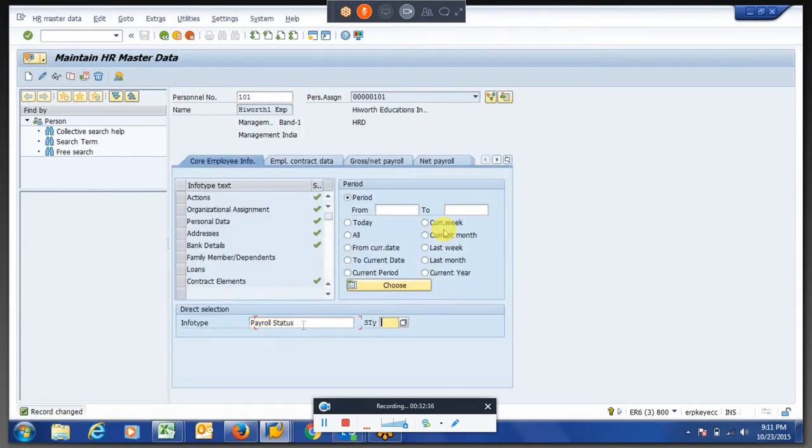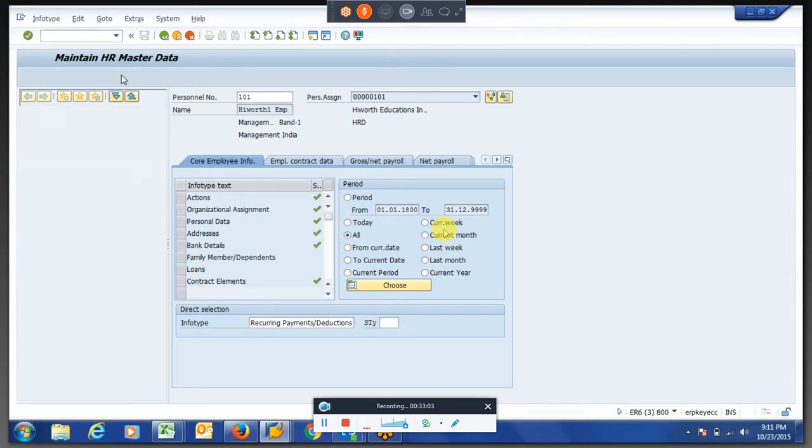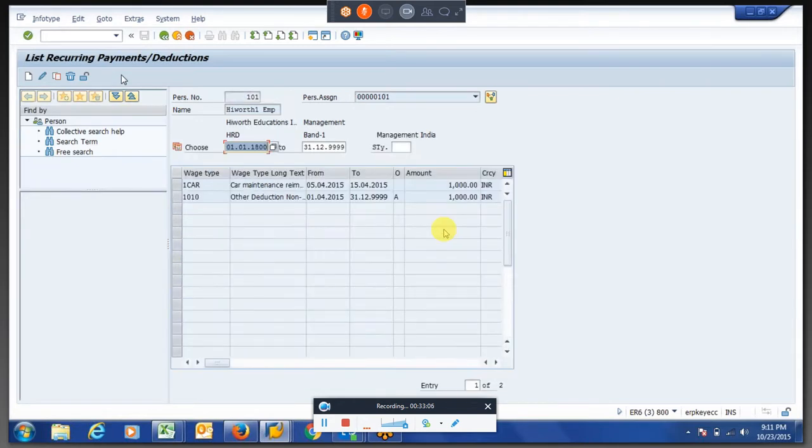Let us say this is the master, and you changed something in infotype 14. We'll maintain one deduction wage type, and you are creating a deduction wage type for the previous month. From the 1st of April, for the entire year, every month it has to reduce 500 rupees, in case the employee has taken unauthorized absence for the whole month. How will it reduce is my question.